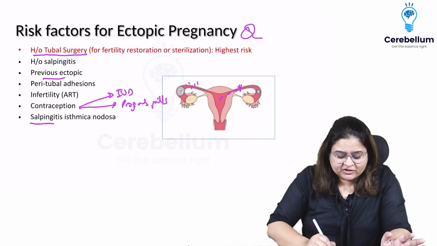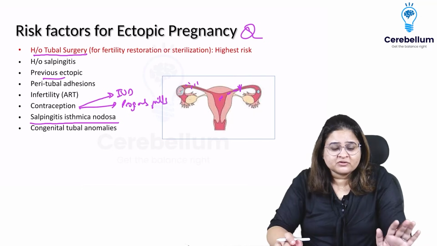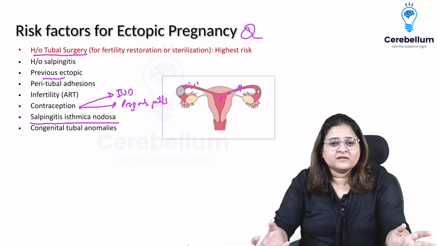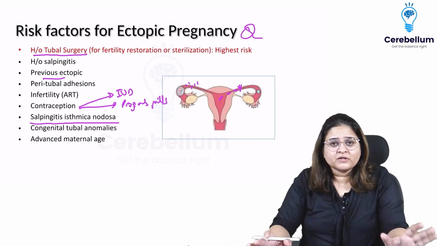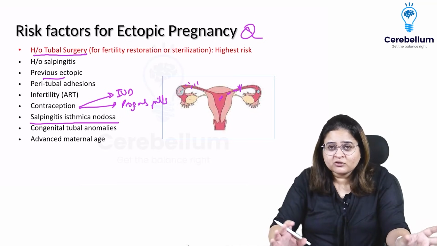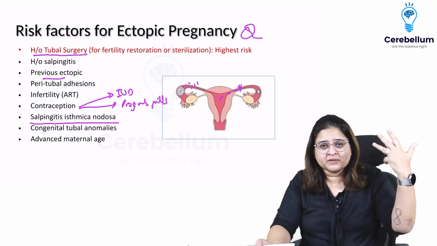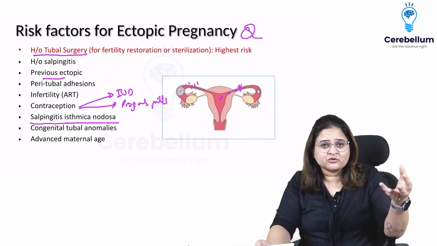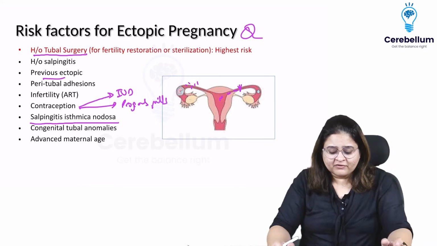Another chronic infection called SIN, salpingitis isthmica nodosa, is known to increase the risk of ectopic pregnancy, and rarely you have these congenital tubal anomalies. So the most common ones you should remember, because these come as clues in your clinical questions. Remember IVF, tubal surgery, previous ectopic, adhesions or surgeries, endometriosis, and these contraceptives which can increase the incidence of ectopic